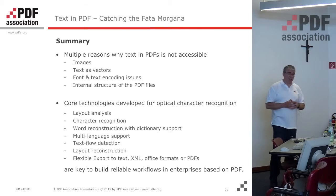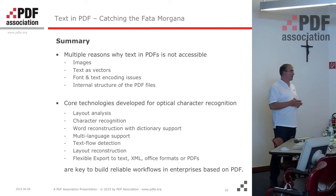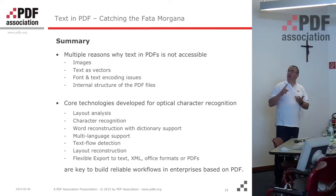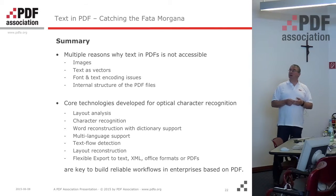Summary. So there are multiple reasons why you cannot access the textual information that you see. As I said, it could be images, which is obvious. It could be text as vectors. It could be font or encoding issues, or missing font issues, or you have the glyphs but you do not know which Unicode characters they are, or the complete internal structure of the PDF is something that you cannot easily parse